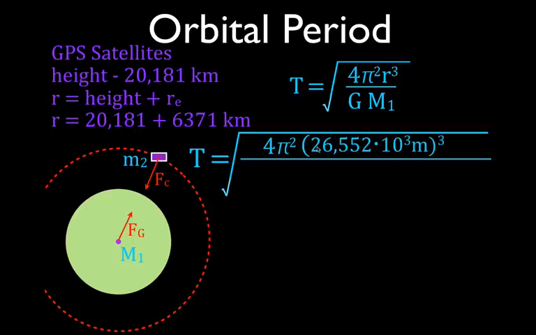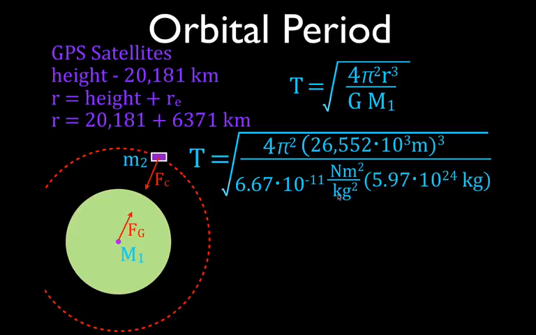If I add these two together, I get 26,552. It has to be in meters. The radius has to be in meters because my constant G has units of meters in it. So this is times 10 to the third meters, cubed. Then I just divide by the mass, that's my gravitational constant, 6.67 times 10 to the minus 11 newton meter squared per kilogram squared. So you have meters here, so this has to be in meters. And then the mass has to be in kilograms because I have kilograms here. And this is the mass of the Earth because this is the central object, which we're saying in this case is the Earth. I do all that math, and I get that the period is